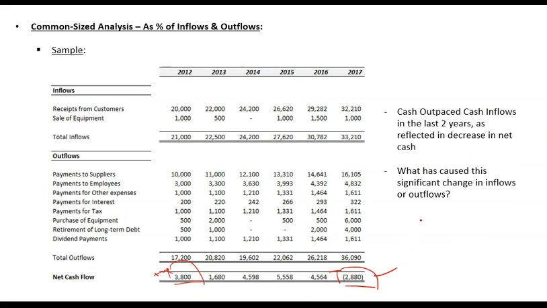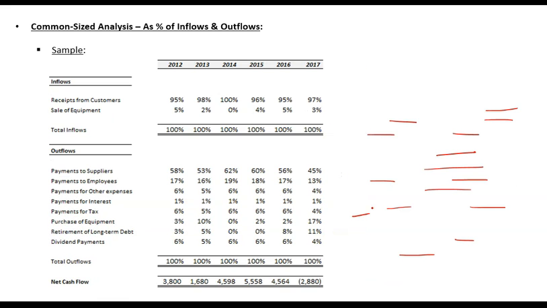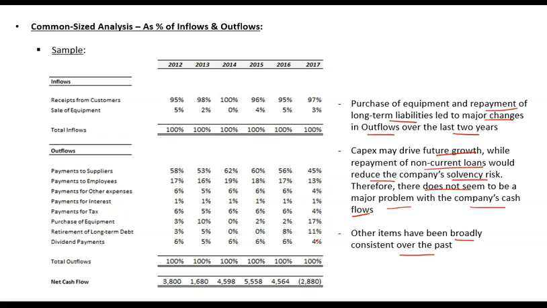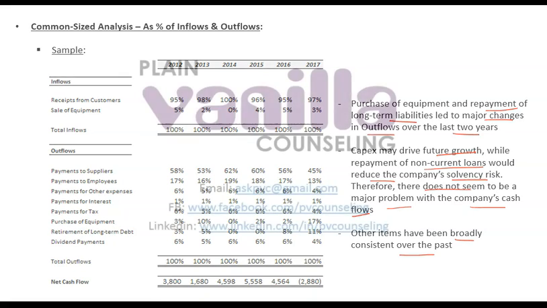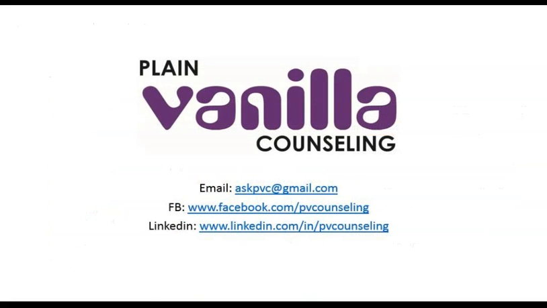So the question was that over the past, outflows have outpaced the inflows, and there is a net outflow in the last year. So you were asked to analyze the reasons for this net outflow, and you have analyzed that there is no significant problem with the company. This is just a result of capex and long-term loan payment, which are both good for the